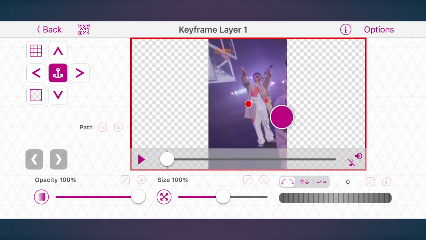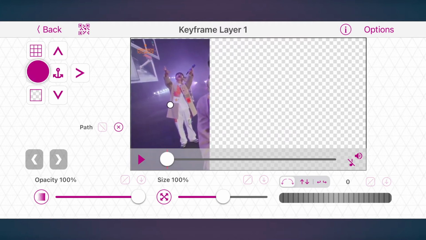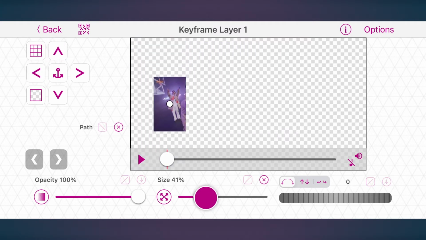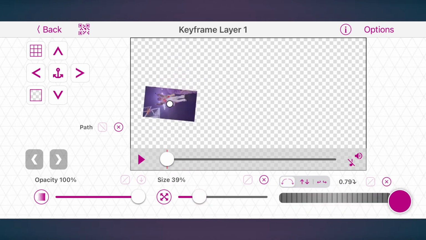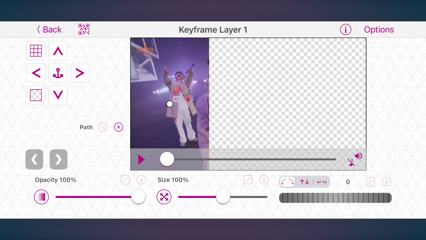It's better to have the anchor point in the middle of the footage unless you'd like to achieve a special look. After tapping the anchor, move the video to the left side again. As you'll notice, it looks different when it's scaled up or rotated, now that the anchor point is centered. Let's focus on the slide now.